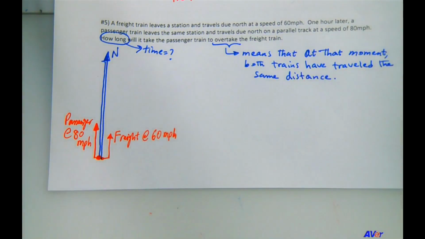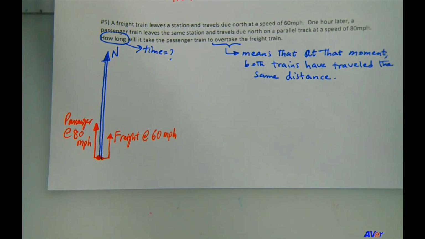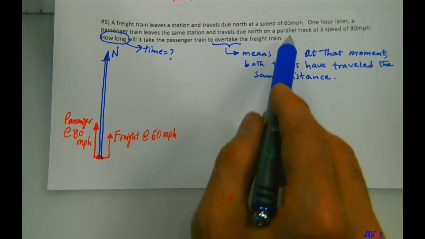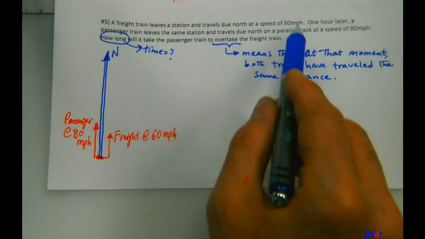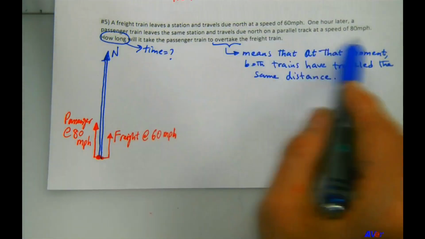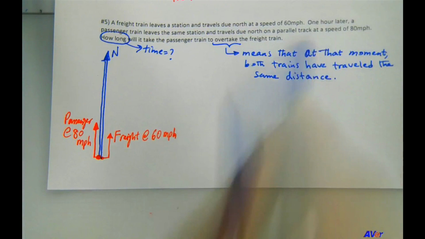Okay? So we're just reading the problem and interpreting it so far. Now, in our earlier lesson, we saw a formula for distance at constant speed. These are, by the way, constant speeds, right? One train is moving at 60 miles per hour, the other one is moving at 80 miles per hour. So we're dealing with constant speed. When we're dealing with constant speed,